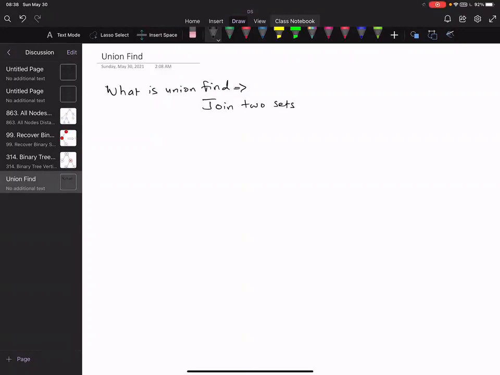Anything else? And check whether both are in the same group or not. Find connected components. That will be the same as joining two sets, right?